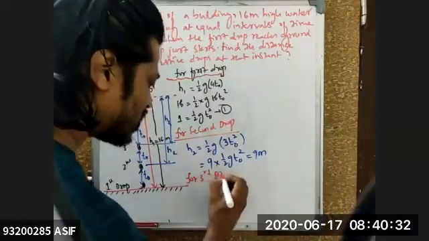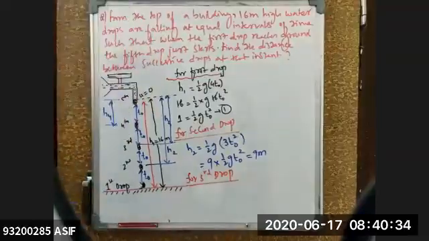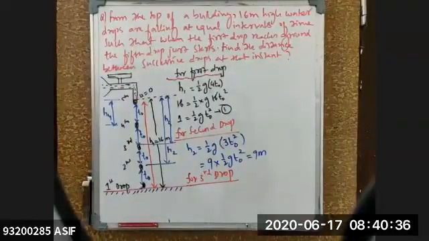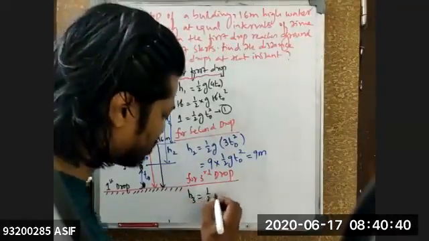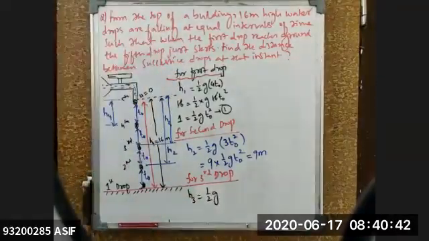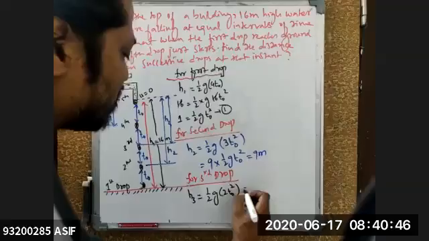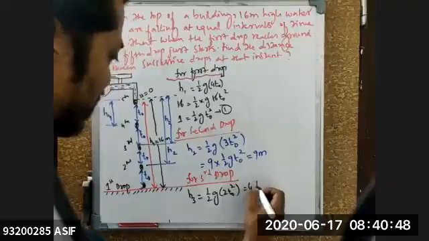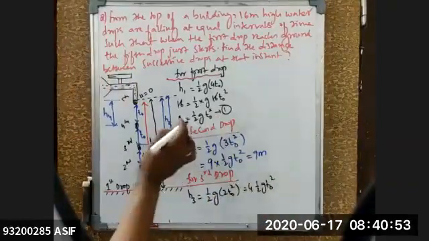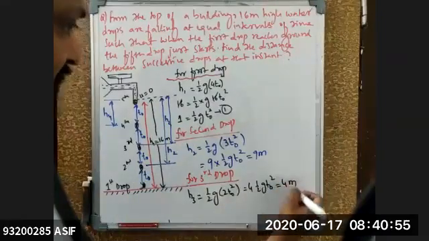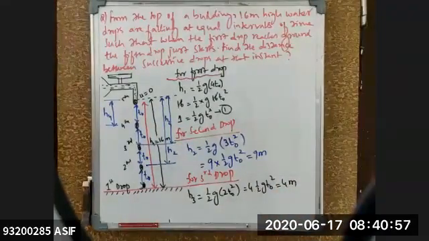Can you tell me what is the third drop right now? For the third drop, it is H3. H3 is equal to half into g into, the time taken by the third drop is 2T naught. That is half g into 2 T naught squared. 2 squared is 4, so 4 into half g T naught squared. Half g T naught squared value is 1, so it has traveled a distance of 4 meters.